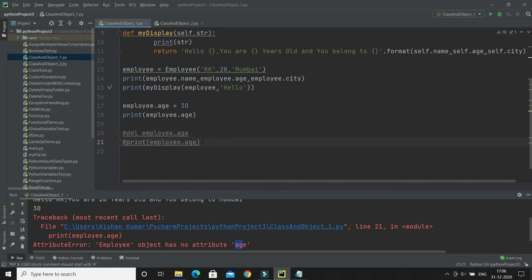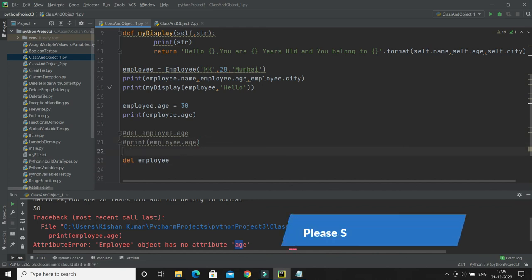Let's say I would like to delete the complete object, not just the properties. If you are interested in deleting only a specific property, you can easily do del object.property_name. But if you are interested in deleting the entire object, of course we can use the del keyword only. So I will say del employee.